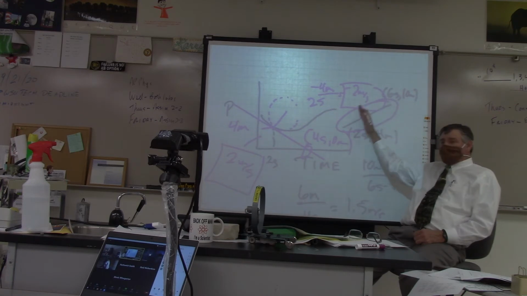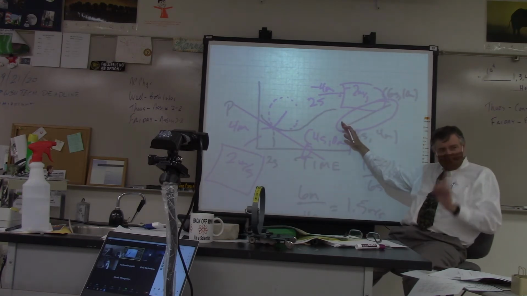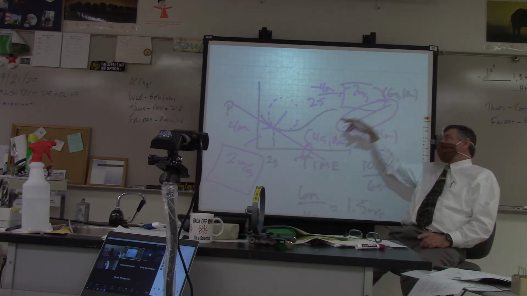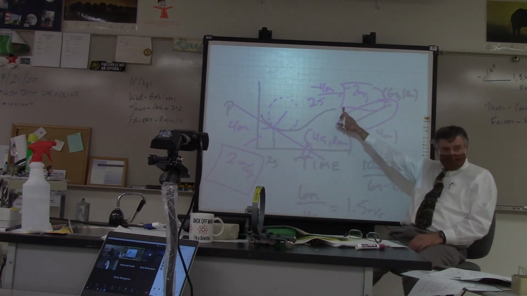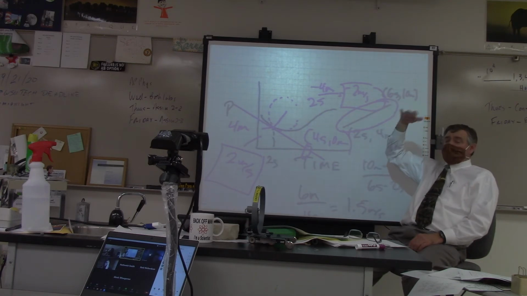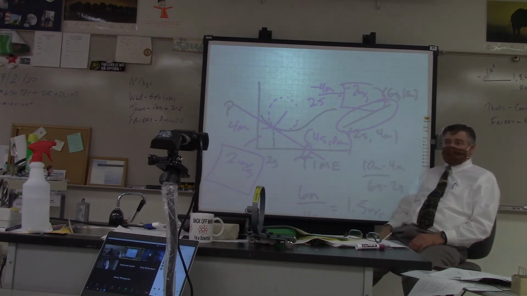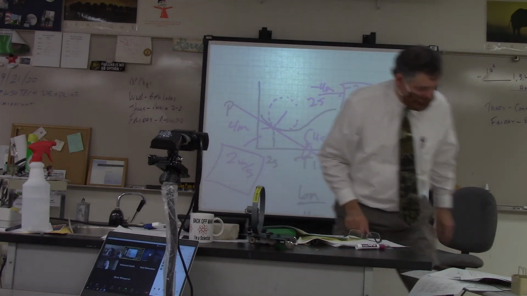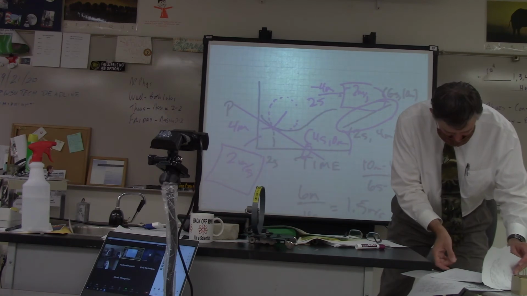So you only draw tangent lines, listen to me, when the velocity is changing or the slope is changing, and that gets you that instantaneous velocity, okay? Got it? Good. Okay, so let me hand out the sheet,